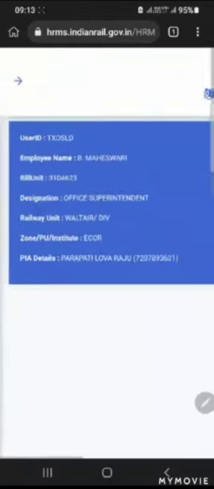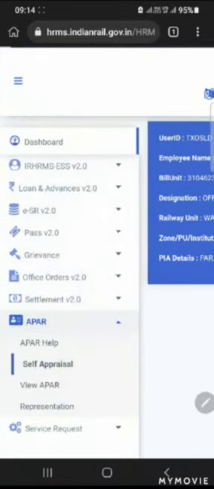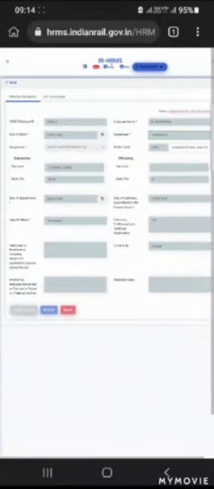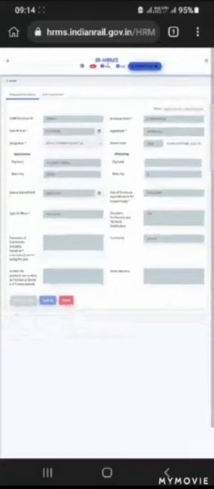So you can go ahead, click on the options and go for upper and click self appraisal. So the self appraisal window will open to you. Automatically the self appraisal window has opened in two tabs. In the first tab it will show you the personal information of the staff which was submitted by the bill clerk. After going through the verification of the SR only it will be submitted, so no need to worry.